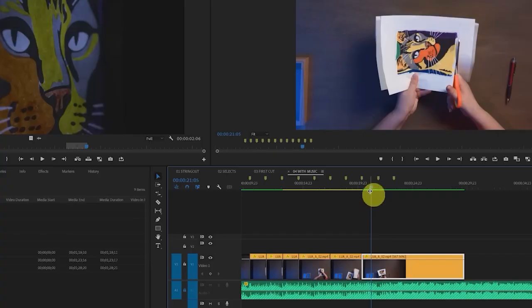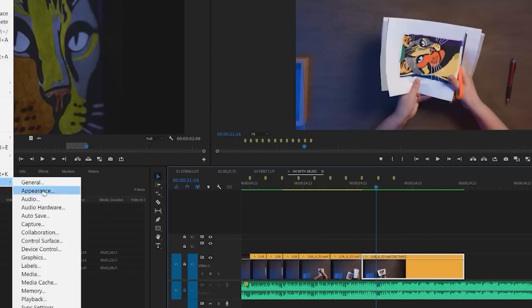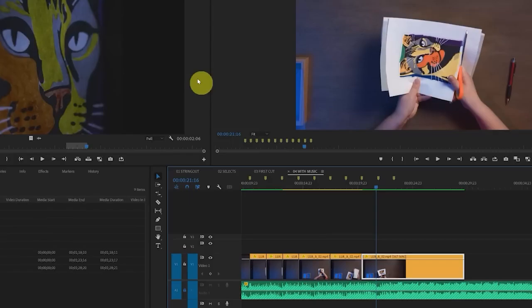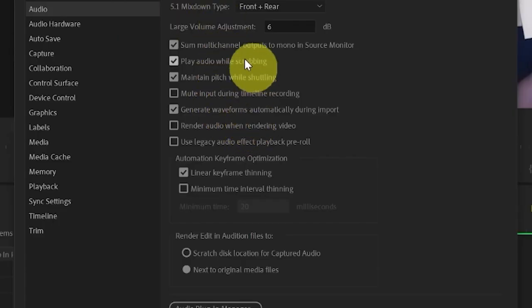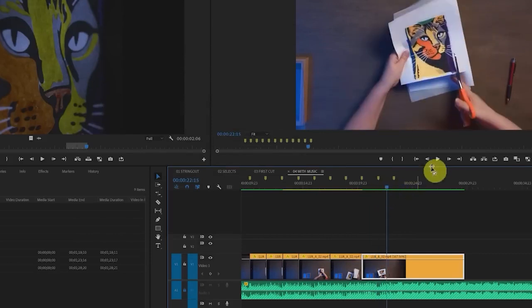And also, see what happens when I'm scrolling along? This is called scrubbing. And you start hearing that sound, that tinny sound. You can go ahead and turn that off. Over here in Preferences, Audio, you can deselect Play Audio while scrubbing. Sweet silence. But when you press play or you press the space bar,